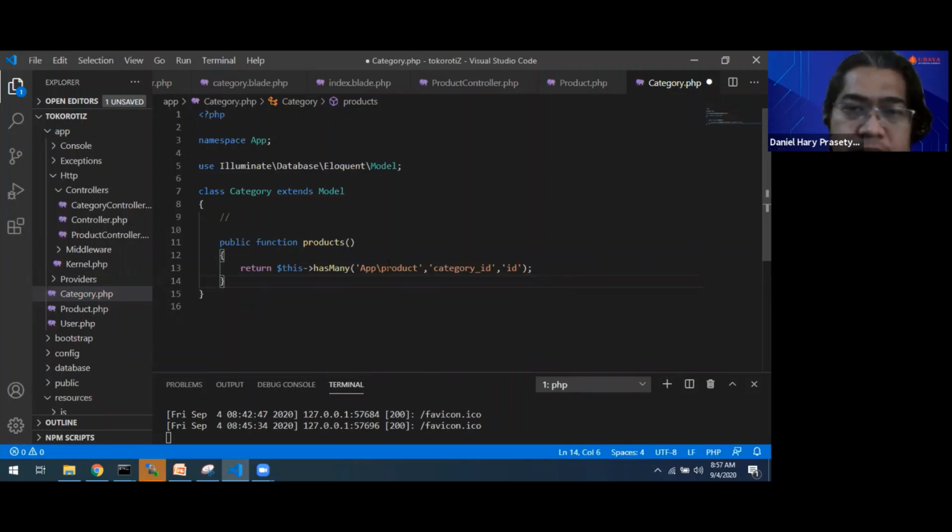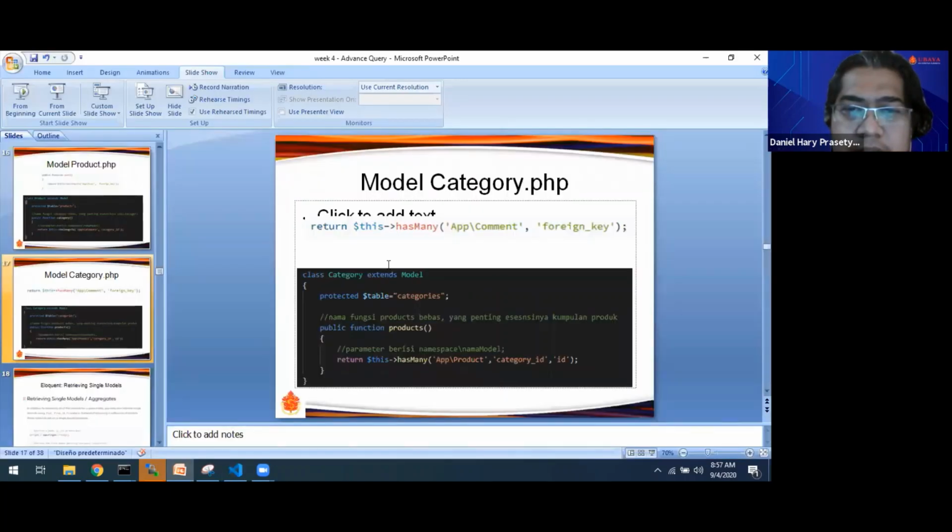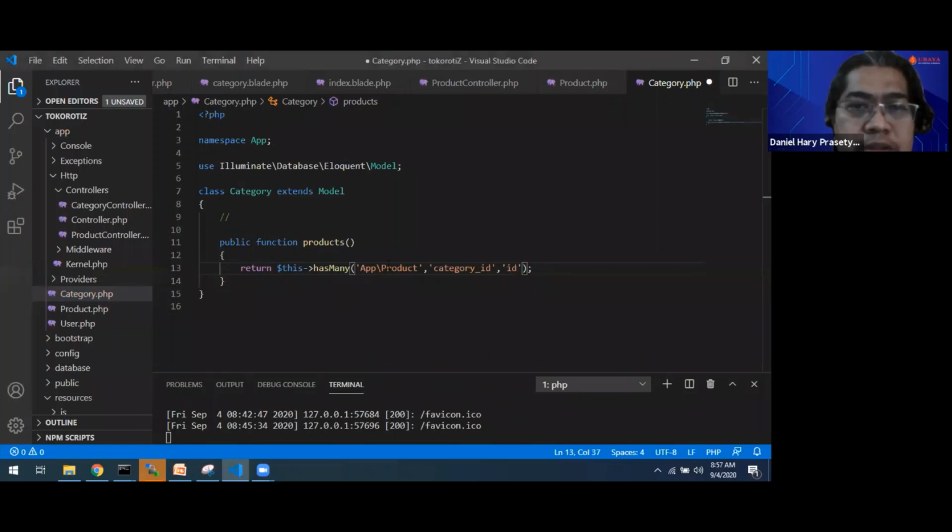Sorry, product with capital P. Product is many products. So if we have a category model, we can get the products.